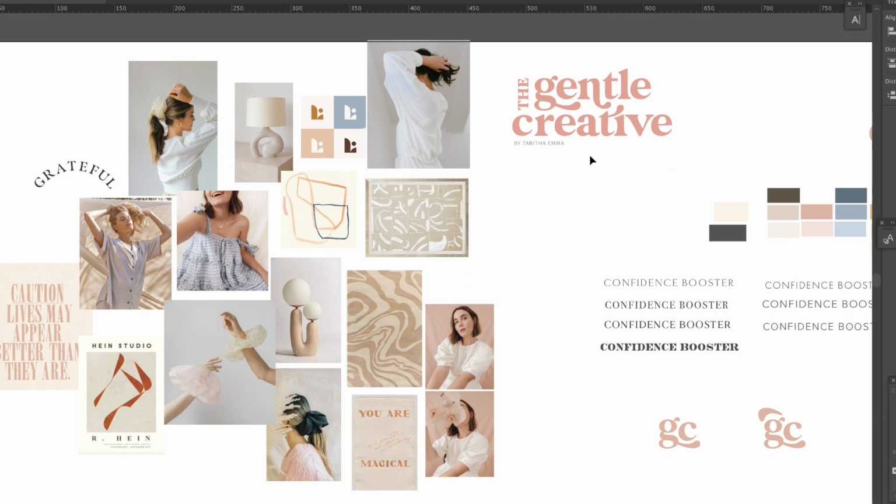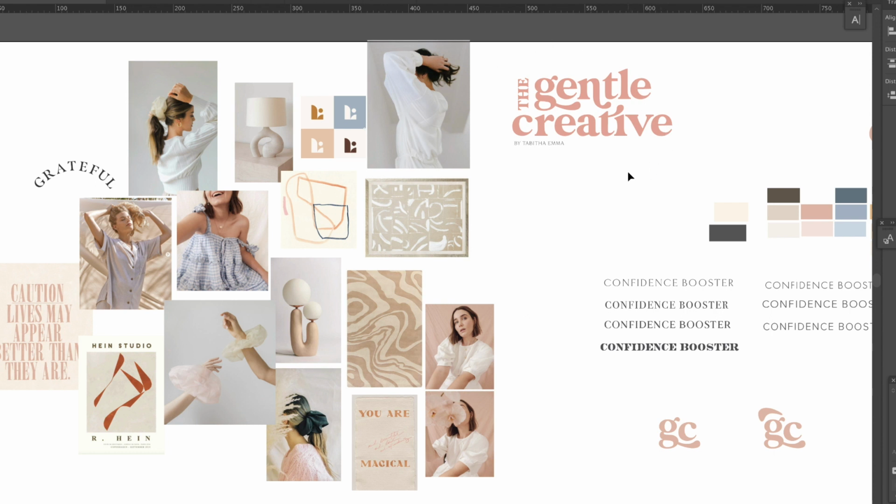But then also it ties in with the idea that I want it to be about feeling confident and joyful. And the fact that the type is quite thick and bold gives it that real confident, joyful feel to it. So if it was very thin type, it would feel very delicate and elegant, whereas we want a more fun, bold, playful kind of feel. And I think this type really does communicate